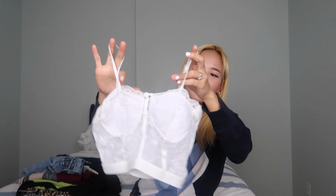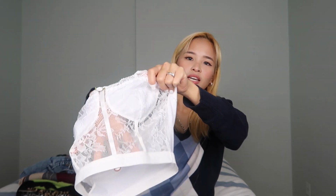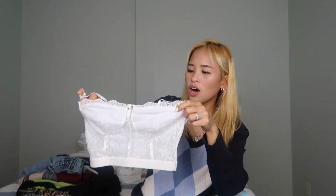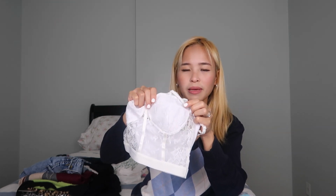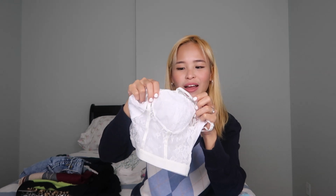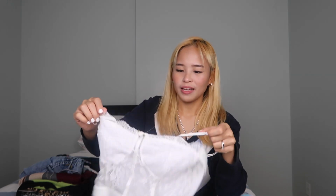So I'm glad they have it on YESSTYLE because it's super affordable and it's cute. I got this lace top. It's see-through in here, but the bust part is not see-through. It kind of feels cheap a little, but it looks really good on. This cup doesn't have any wires, so it's basically just fabric, so it won't support your chest, but